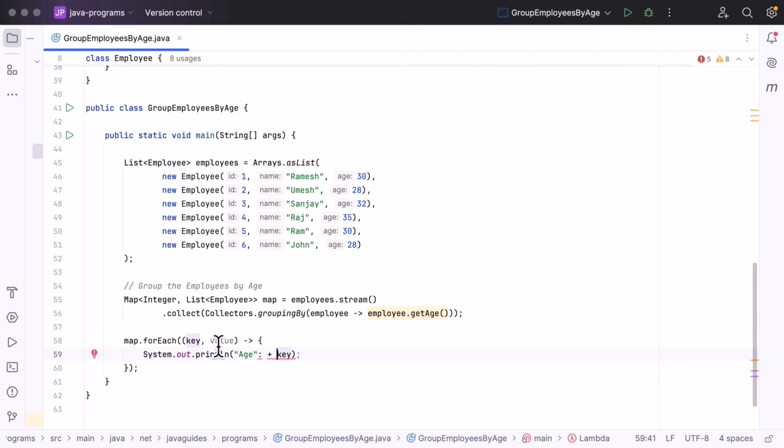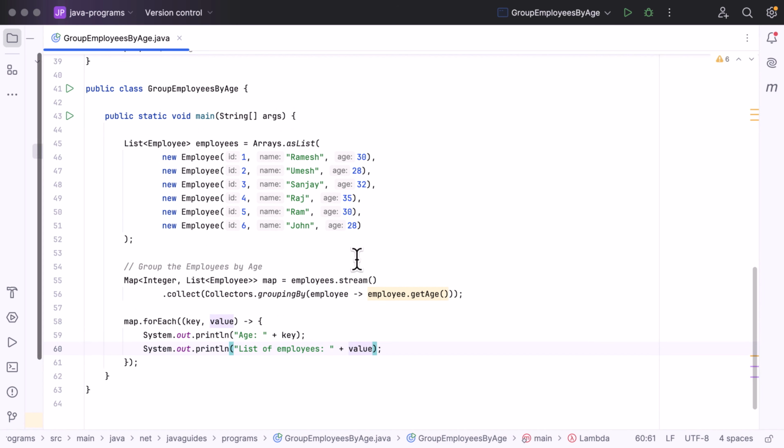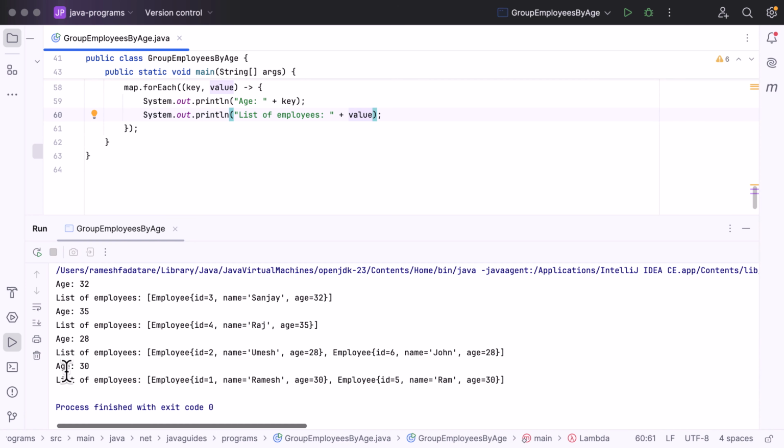Next here value is nothing but a list of employees. Okay, so here put one more System.out.println statement and then here list of employees and then pass value. Next let us run the program over here, and here you can see the output